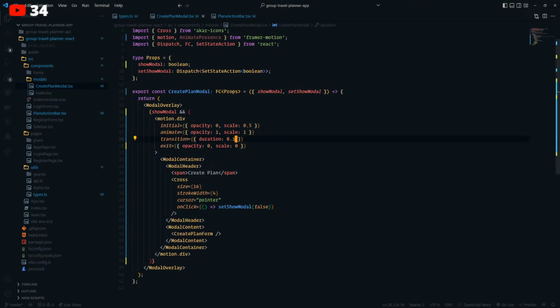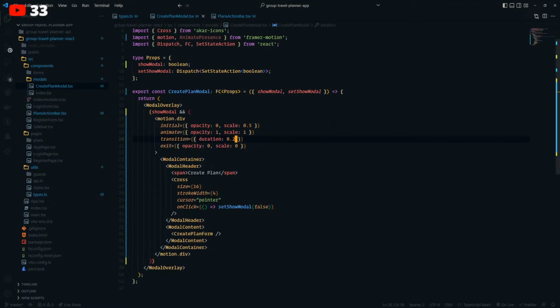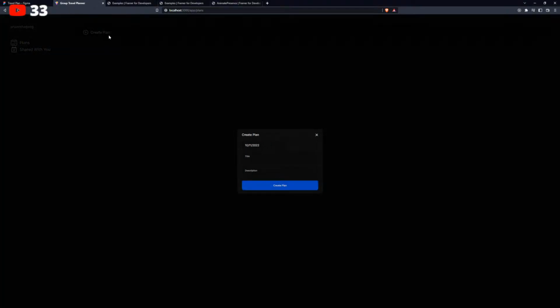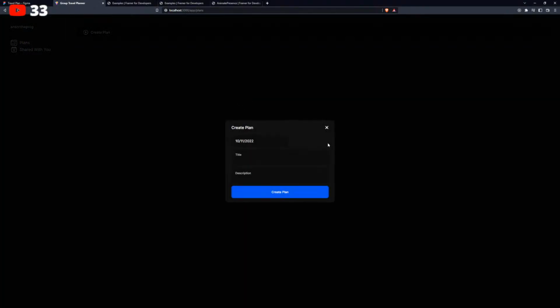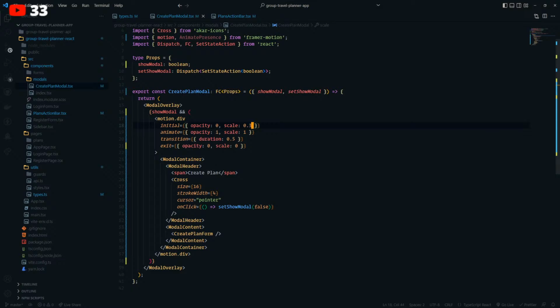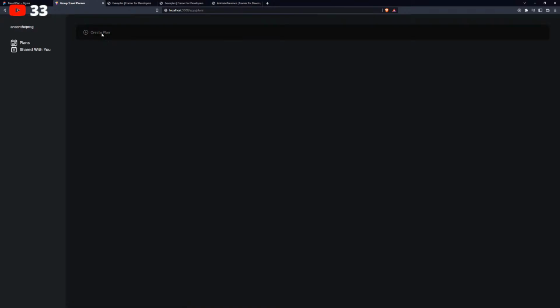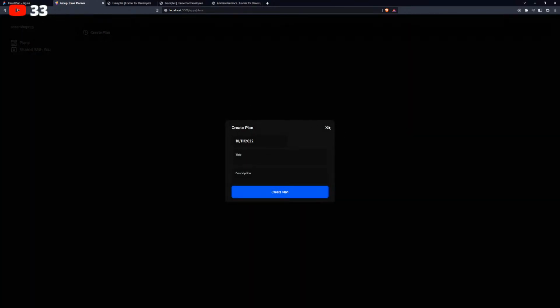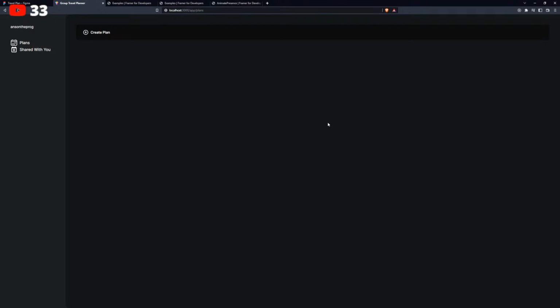Duration, maybe let's try 1.1 seconds. That's too fast. I think duration 0.5 is fine. You can also set the initial to 0 if you wanted a bigger scale effect. You could also do 0.3, like that. That is freaking awesome.